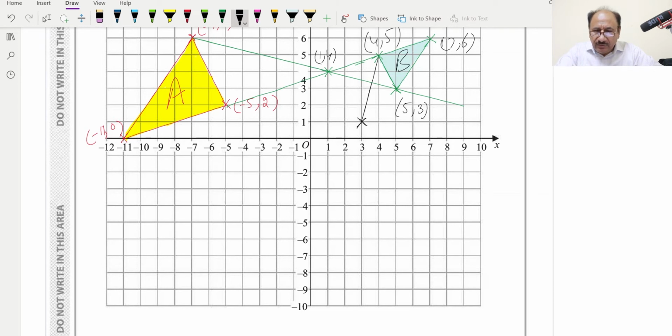We can draw like this one, and from here also we can draw like this. So now we can further, basically this will be minus 1. So 180-degree rotation,